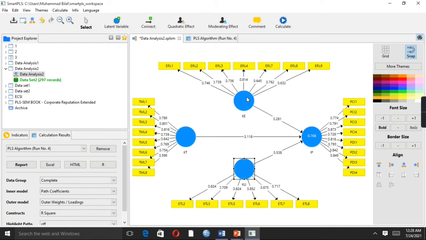This variable is also okay. So have a look at the outer loading of knowledge transformation. 0.598, which is very near to 0.60. We may retain it. If we look at the dependent variable outer loadings, these values are also greater than 0.60.